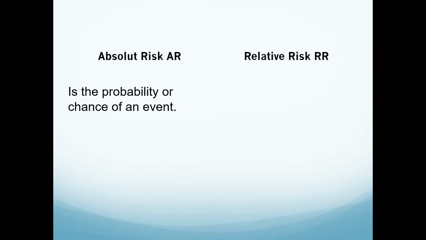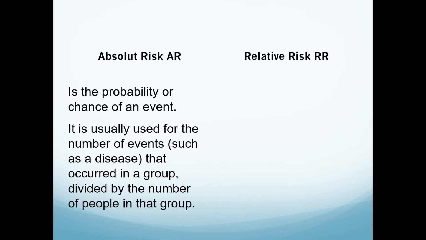When we are looking in the literature, we also find absolute risk and relative risk. We have to know which is which. We have to know which one we will depend on. Are we going to depend on absolute risk or relative risk when we are deciding if this is a significant or insignificant result? When we are looking at absolute risk, we are talking about the probability of an event or a disease to occur in a group, divided by the number of people in that group. So the diseased people divided by the number in the group.